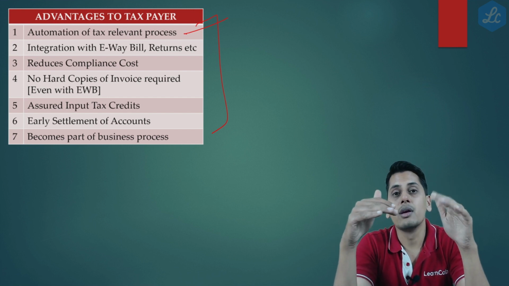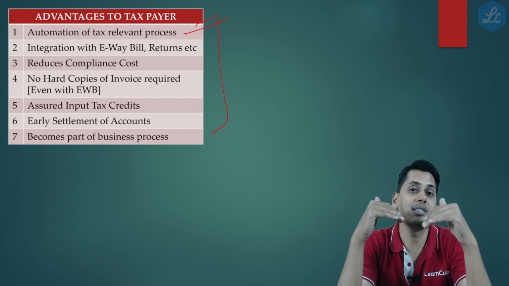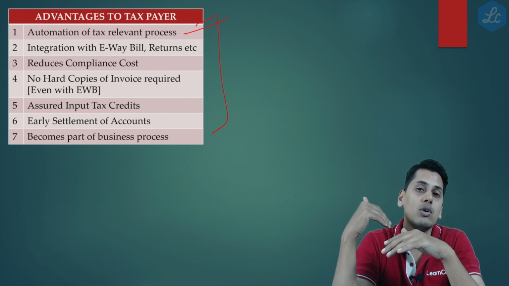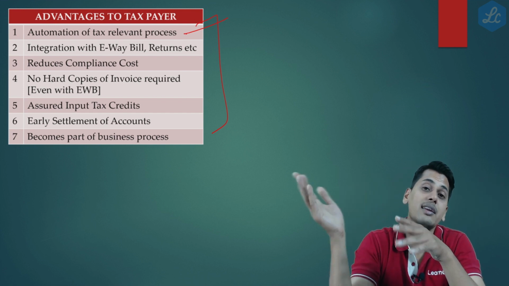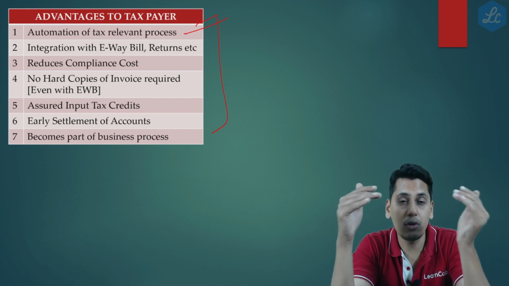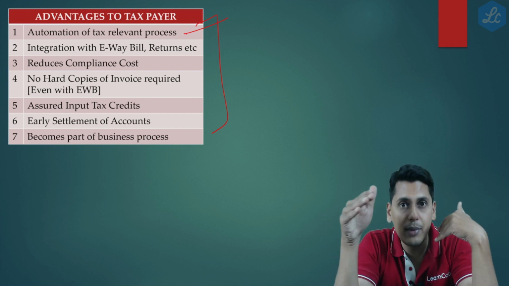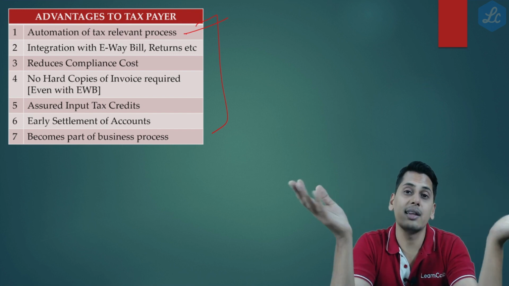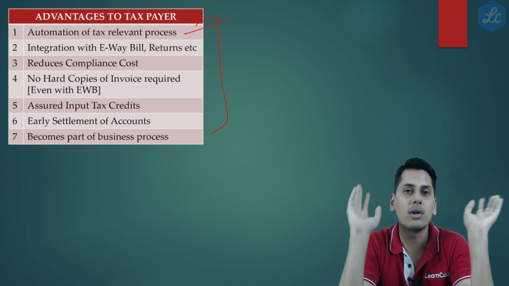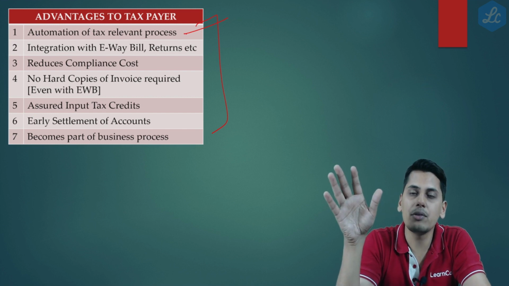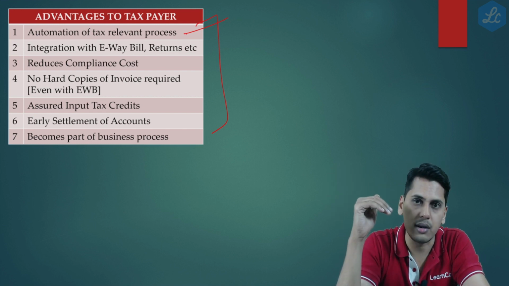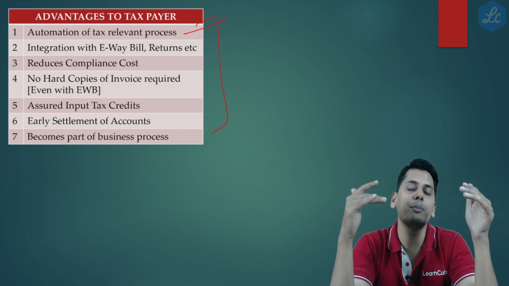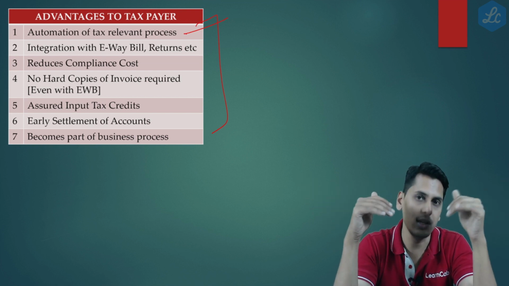And also friends, in due course, if the invoice which is raised by the supplier automatically goes and sits as a purchase entry in his accounting software, of course there is no delay, there is no time gap for the invoice to be sent physically to the recipient, who then records it and then clears it. So therefore, the settlement of accounts will also happen in a quick manner. And friends, also the physical copy of invoices is not required in case of e-invoicing.